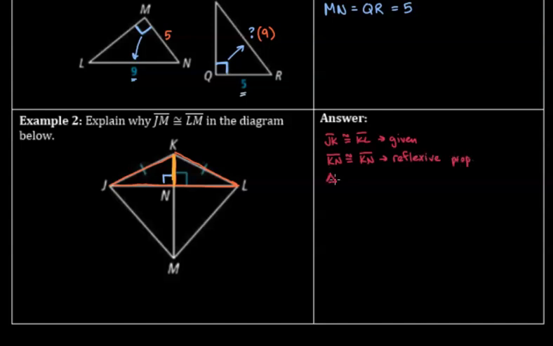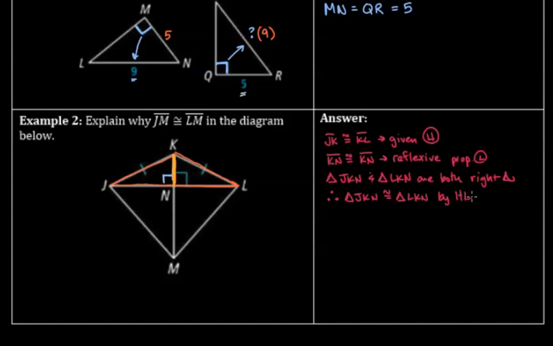And then I'm going to say, I'll say it this way, triangle JKN and triangle LKN are both right triangles. Therefore, because this is the hypotenuse and this is the leg,